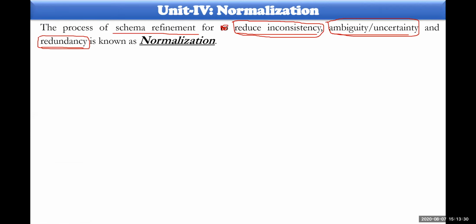To reduce these 3 issues, we would like to introduce a particular concept in our database management systems. That concept is normalization. Okay, basically it reduces inconsistency, uncertainty, and redundancy. And of course, one more point: this uncertainty will be called an anomaly. A-N-O-M-A-L-Y. Anomaly. So this particular anomaly is also eliminated from the schema. Schema in the sense is the table, something like that.